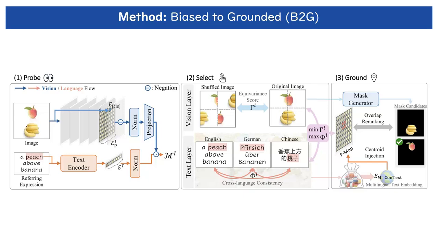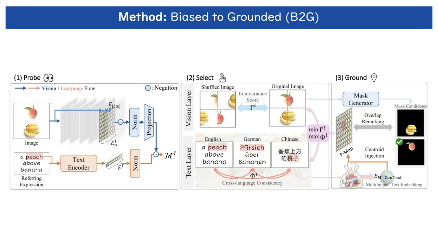In the first probing stage, we run the image and referring expression through the encoder, apply that negation before the projection layer, and form a patch-level similarity map. In the selecting stage, we pick the best layers automatically. For the vision, we shuffle image tiles and score equivariance gamma. The layer that changes most under permutation is the most positionally sensitive. For text, we take parallel translations, here English, German, Chinese, and pick the layer with the highest cross-lingual language consistency,